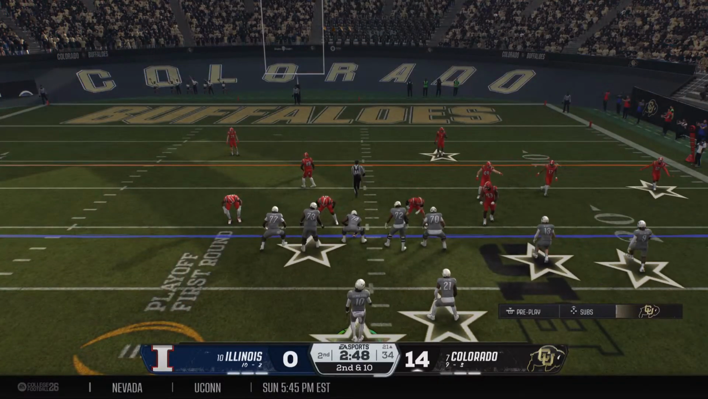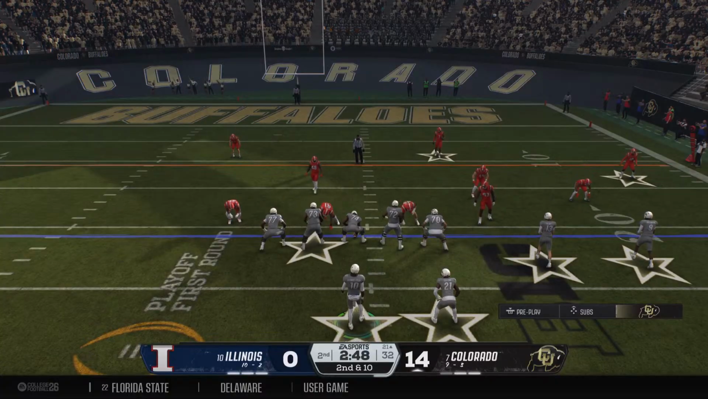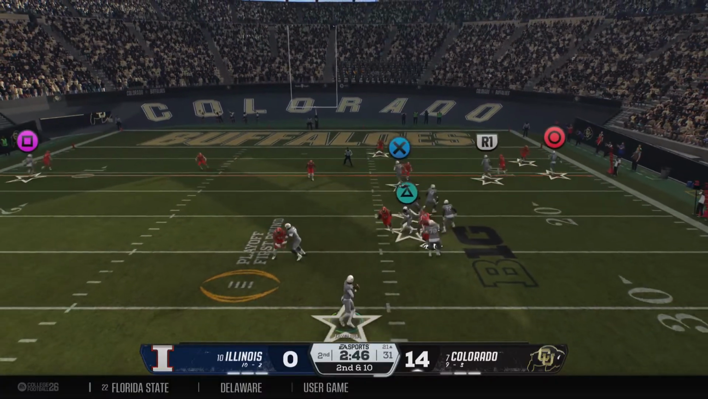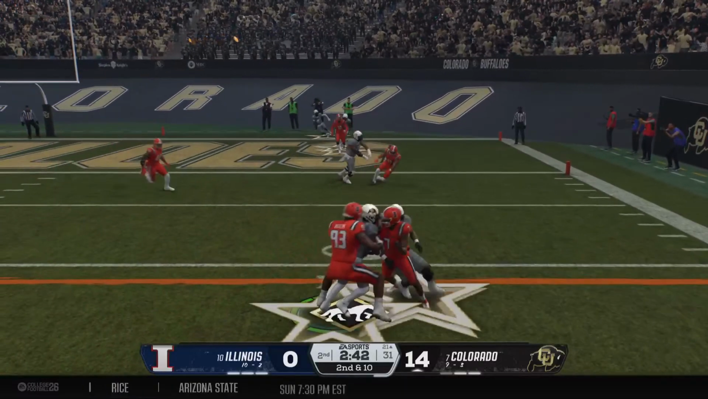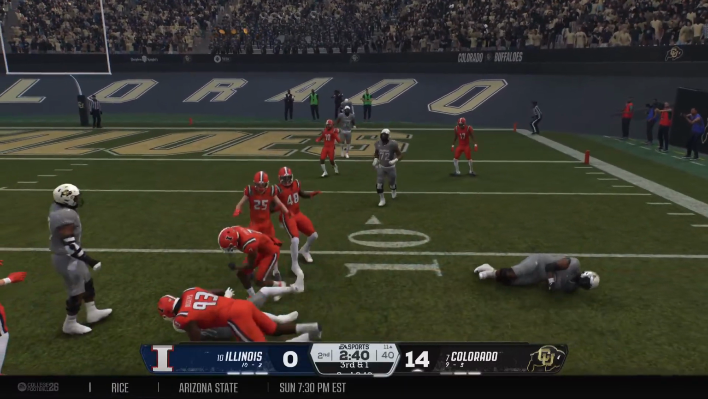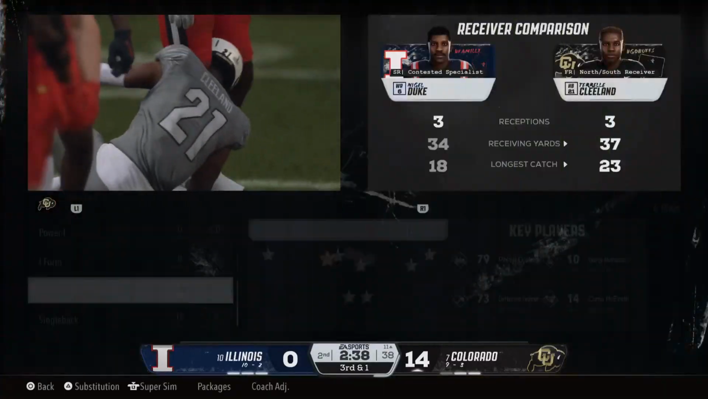The incompletion makes it 2nd and 10 now from the 21. After the incompletion on 1st down, looking to throw it again. Hits the running back in the flat. The pickup is 9, so it sets up a 3rd and